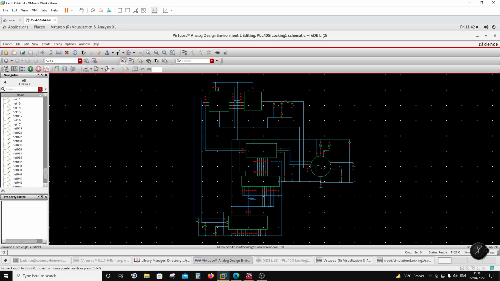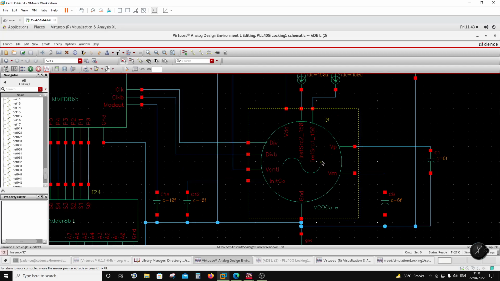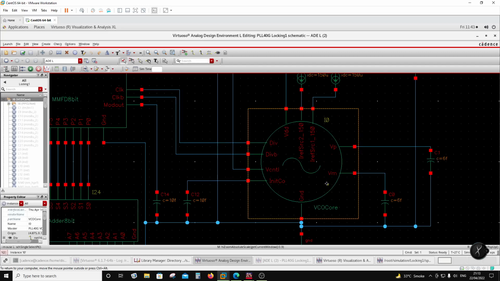And as I did in the previous session, I'm going to detail some of the blocks here. Compared to the previous design, which was for 6G application, a 98 gigahertz to 108 gigahertz PLL in a 7 nanometer FinFET process, this one is in a 130 nanometer process, and this is 37 to 40 gigahertz for 5G applications. The challenge here is frequency division. So what this one has is a VCO over here. If I go inside this,